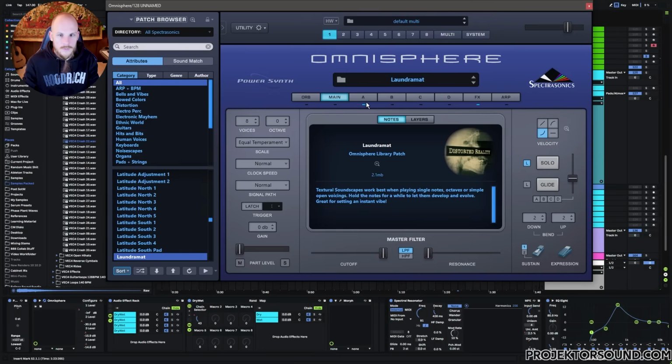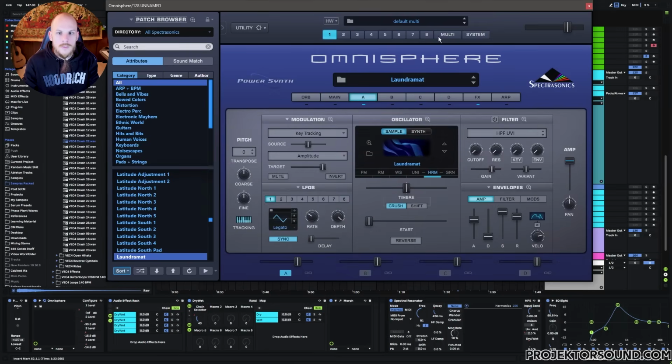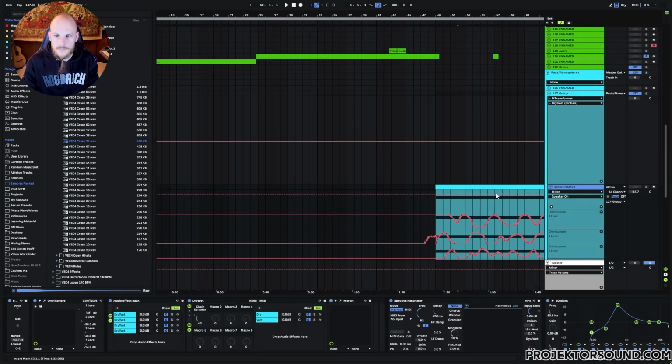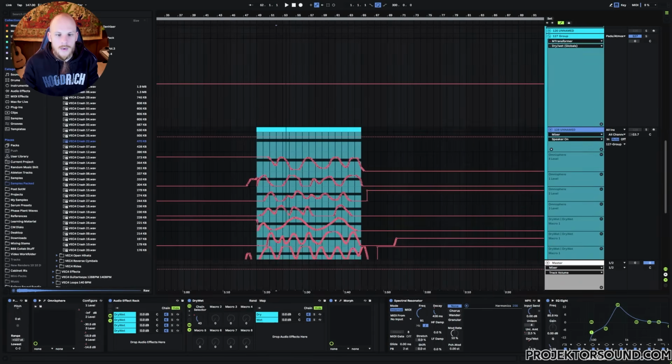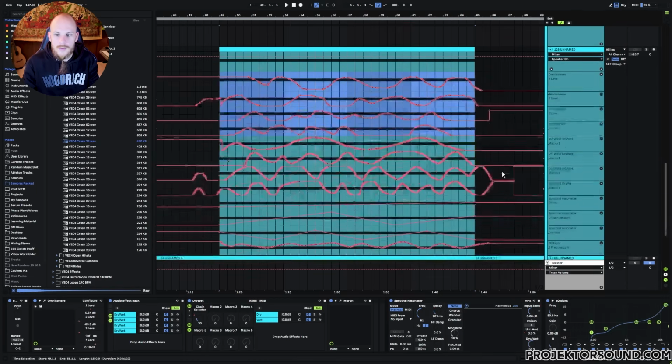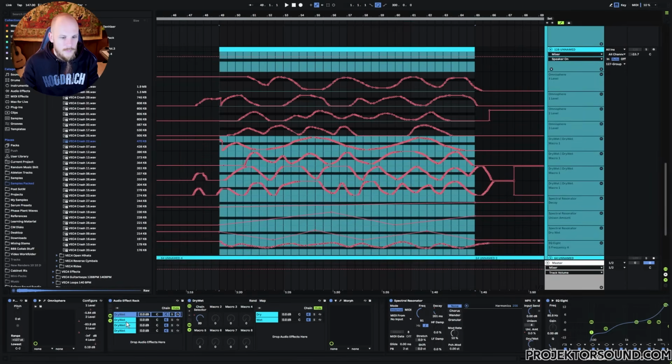We have 4 different levels, which I'm assuming I'm doing. Oh yes, okay, so I'm doing multi stuff here. So what I've done is I've loaded up 4 different presets, and then I'm automating the levels between them. And you can see I have written in an automation for that. And then we have some macros and effects, I guess, here